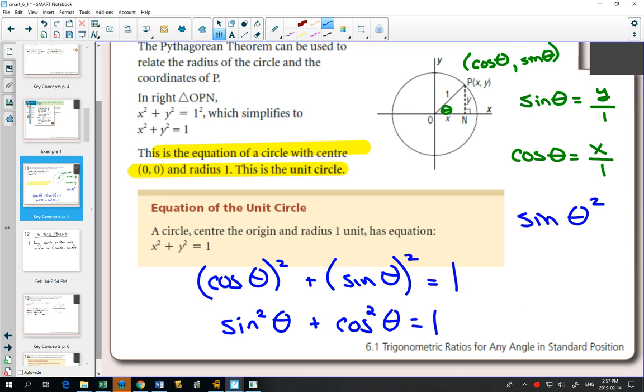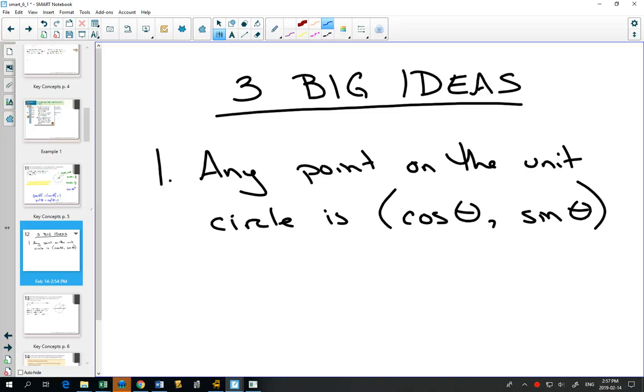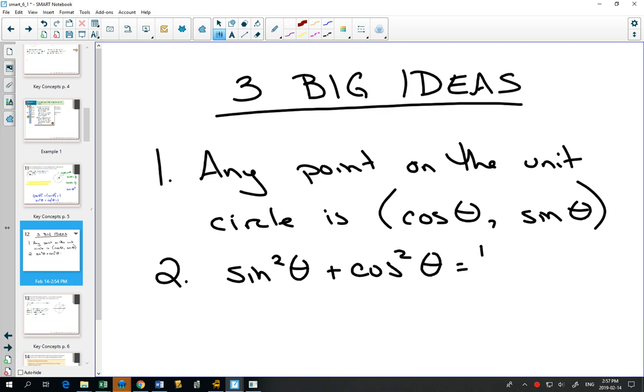And this is big idea number 2. Go back to our big ideas. Big idea number 2 is sine squared of an angle plus cos squared of the same angle is equal to 1. Now this is pretty cool in that